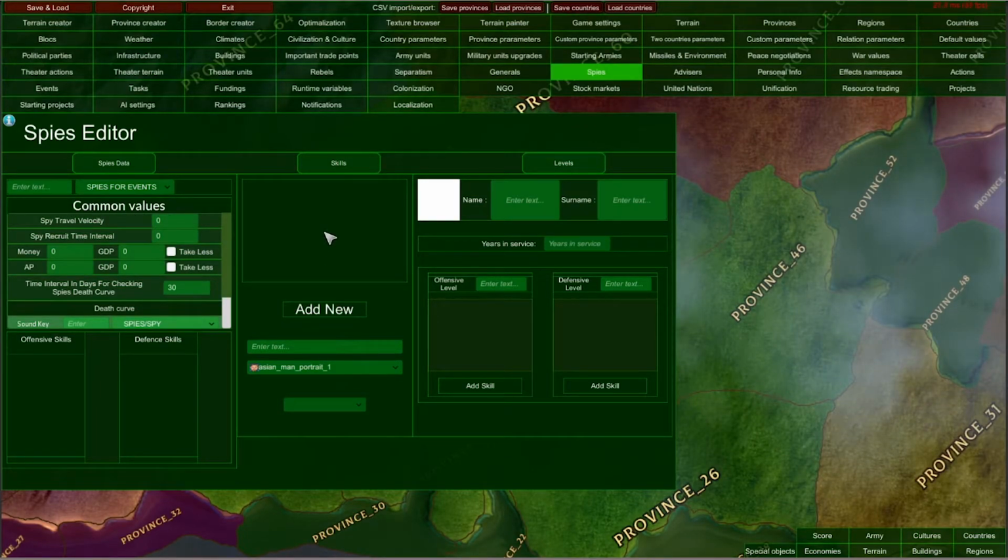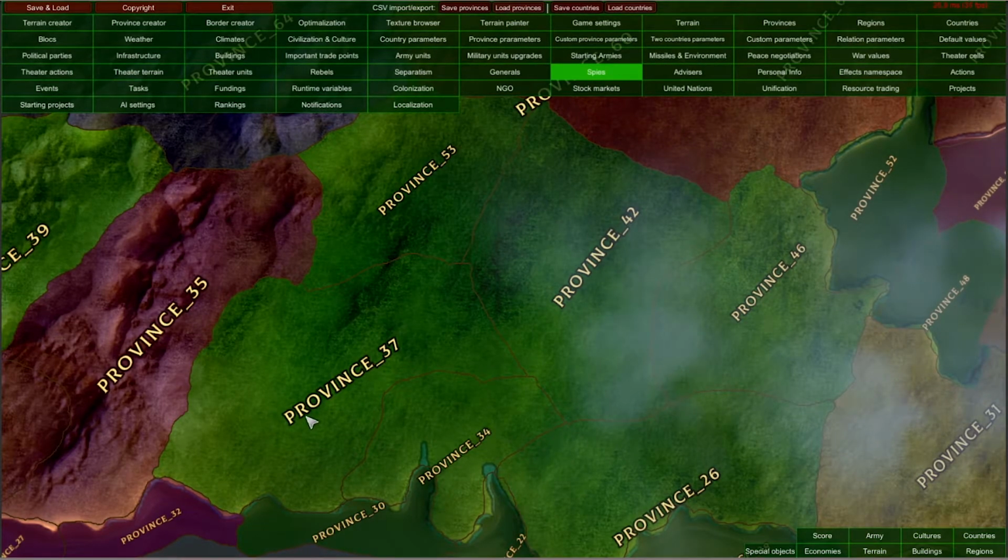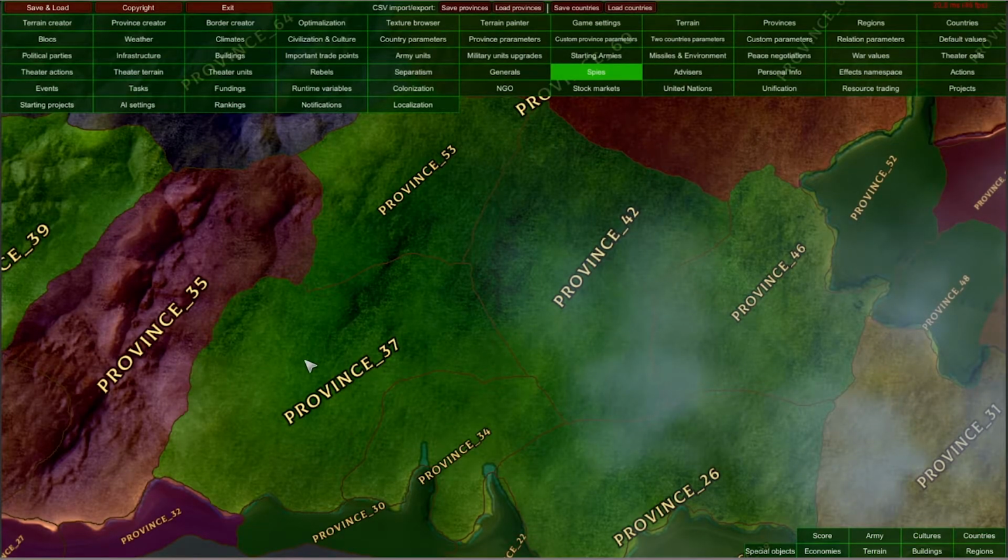And the main reason for spies' existence is for them to walk around the map, stand on provinces, and provide you the option to use spy actions. There are 2 types of spy actions: internal and external spy actions. External are performed in foreign countries, and internal are performed within your own borders.